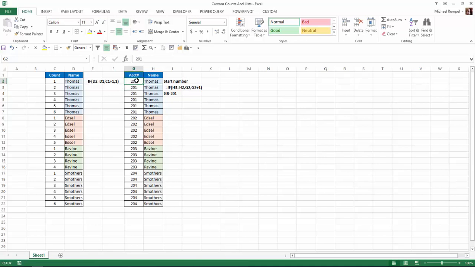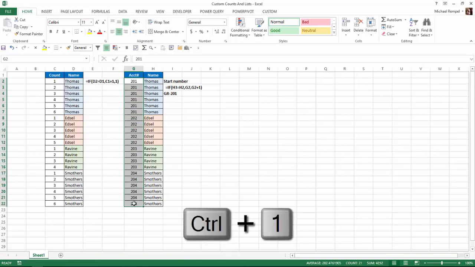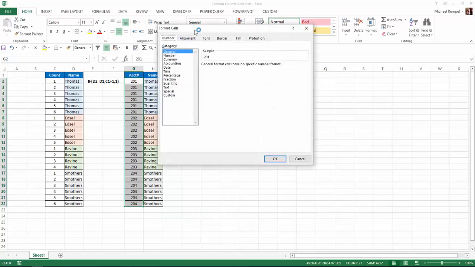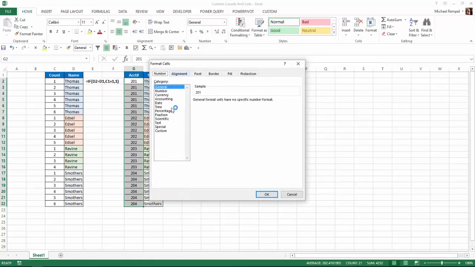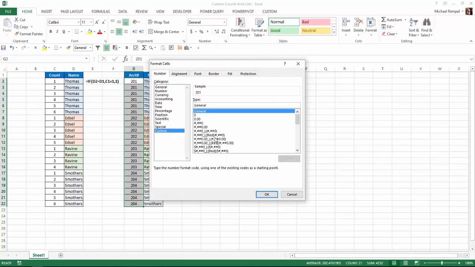So what I'm going to do here is I'm going to highlight the cells I want to custom format, and I'll use the keyboard shortcut Control-1, and that'll bring up the Format Cells dialog box. And I'm going to go down to the Custom option here. And what I'll do is enter into this area where it says Type. I'm going to enter a double quote, I'll type GR dash and close that quote,